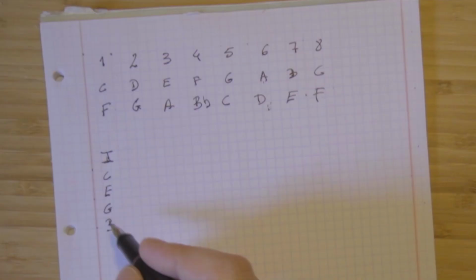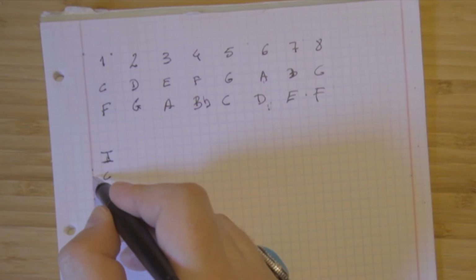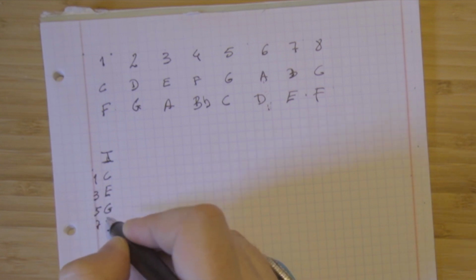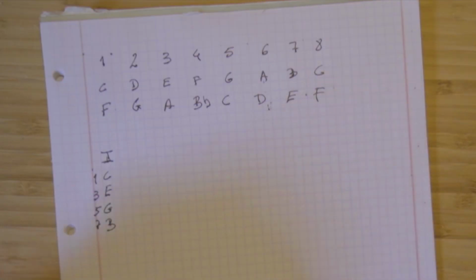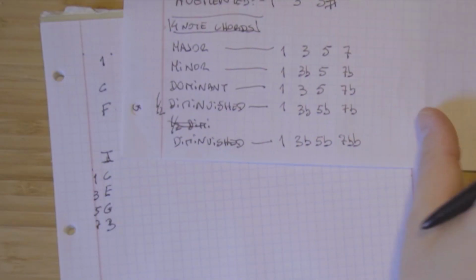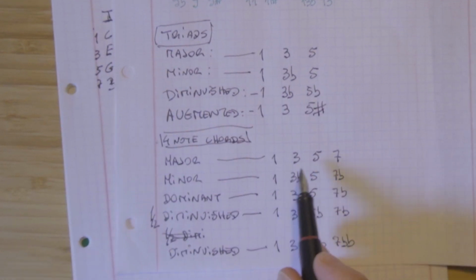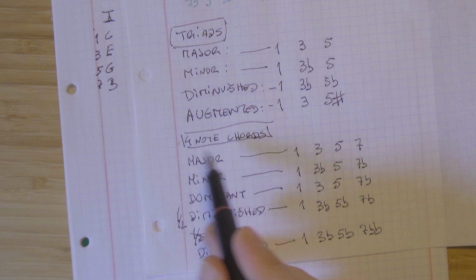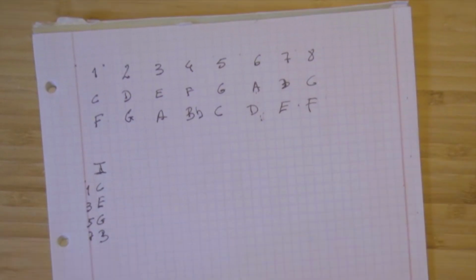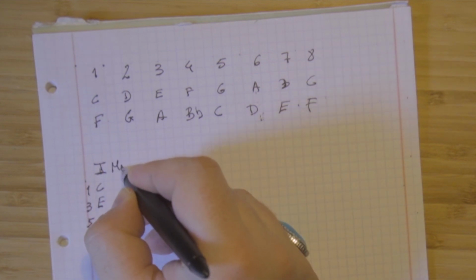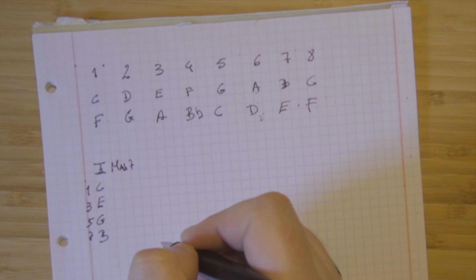first degree chord. So the first degree chord will be 1, 3, 5, 7. It's a major chord, a major 7. It's a chord, if you remember, that has 1, 3, 5, 7, it's a major chord, okay? So we already know the first degree of the scale is a major 7, okay?